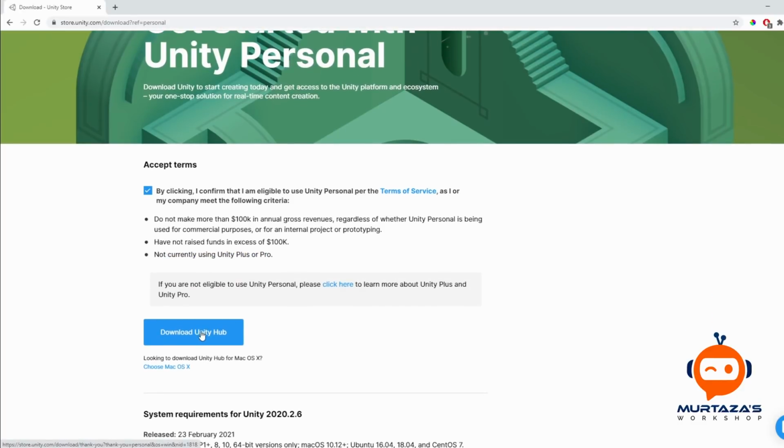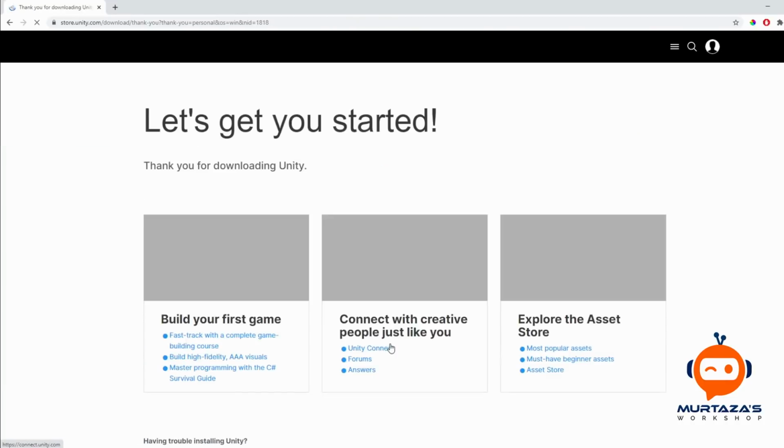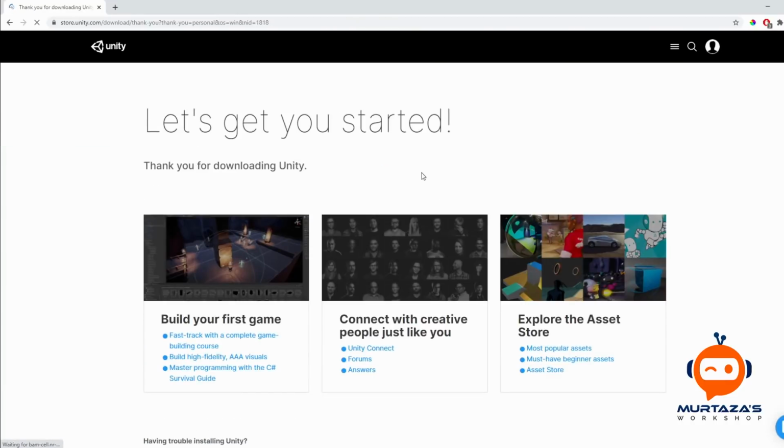So then you are going to download the hub. The hub will allow you to install different versions. We are going to look at how we can do that too. If you are using Mac, you can click on this, and it will automatically show you the Mac version, so you can download that. So we can click on this and it will start our Unity Hub download. So I'm going to open this up,